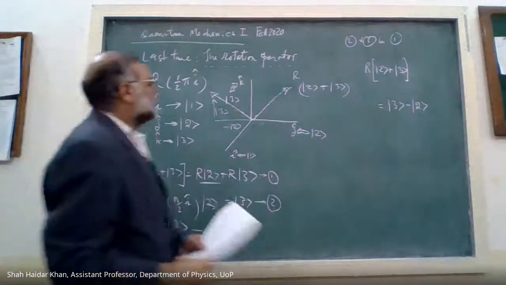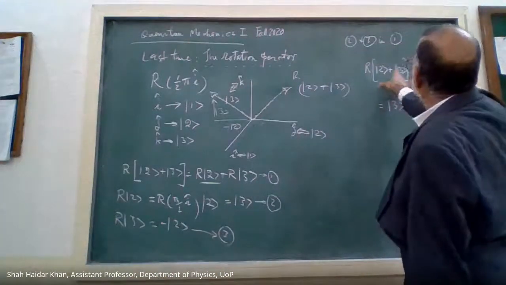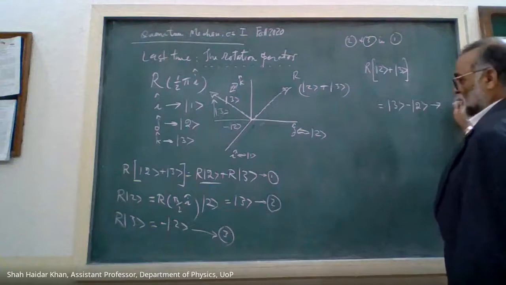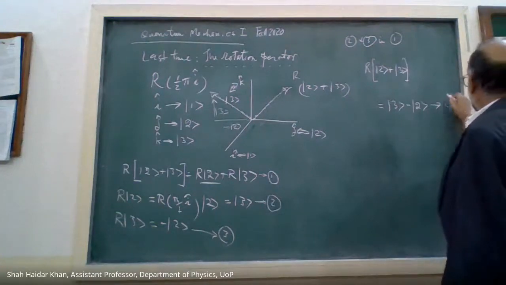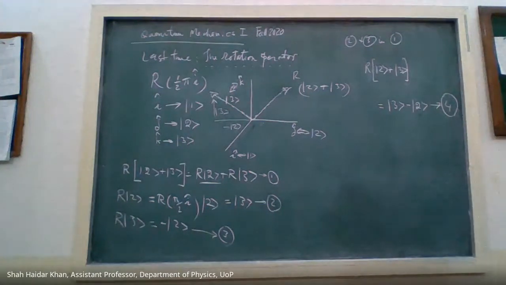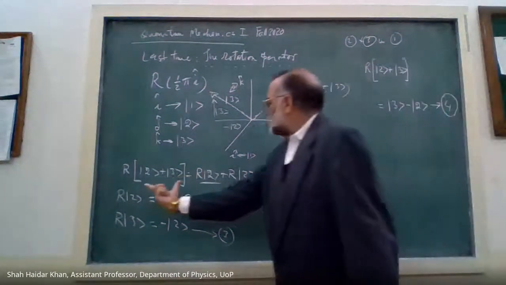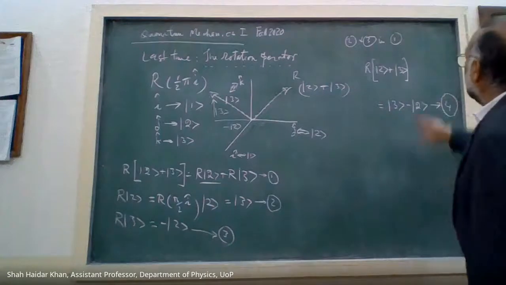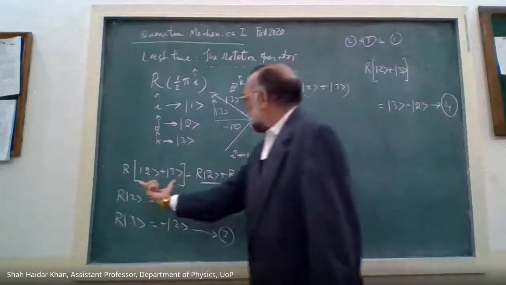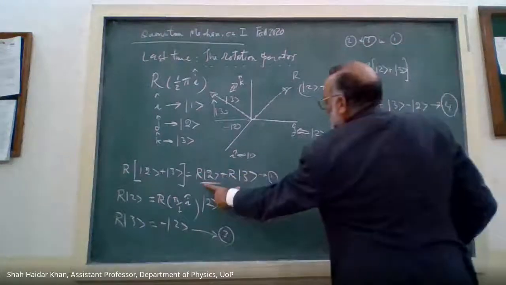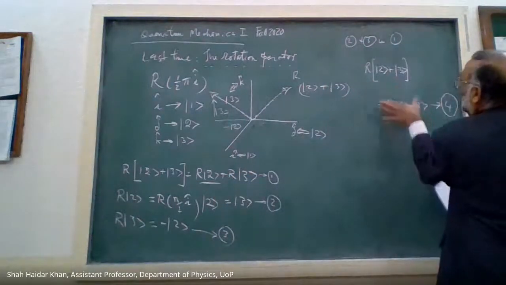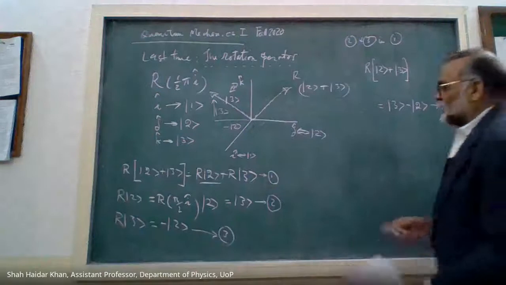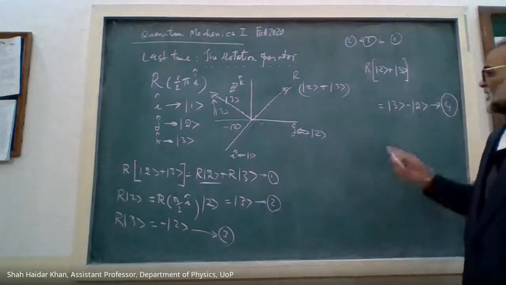So it means that applying this R rotation operator, 4 will solve it, right? That is 4, right? 1, 2, 3, 4. We apply it this way, or we apply it this way, we get the same result. Look, we apply it here, and we got the right hand side. You put this in 1, and left hand side is equal to the right hand side, and therefore this operator is leading. This rotation operator is